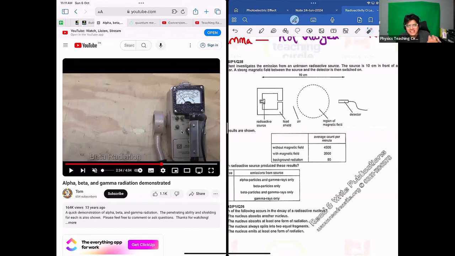But we can reset it. You understand? By resetting we can make it zero, but that doesn't mean the background radiation is eliminated. Background radiation is always there. All right, and finally,